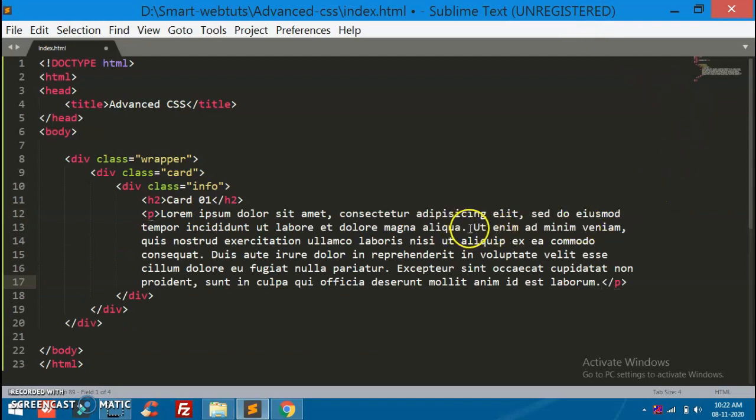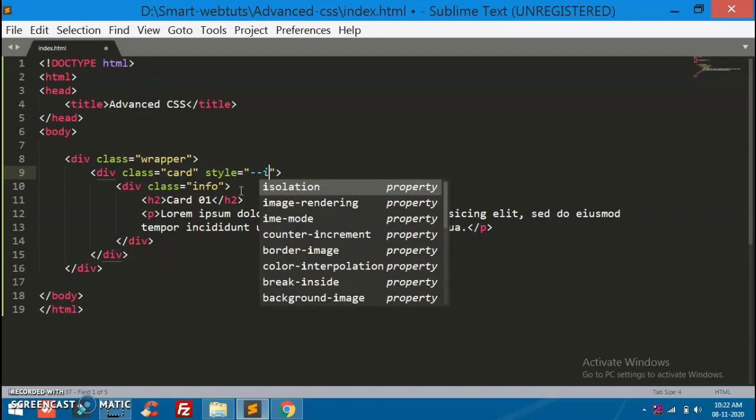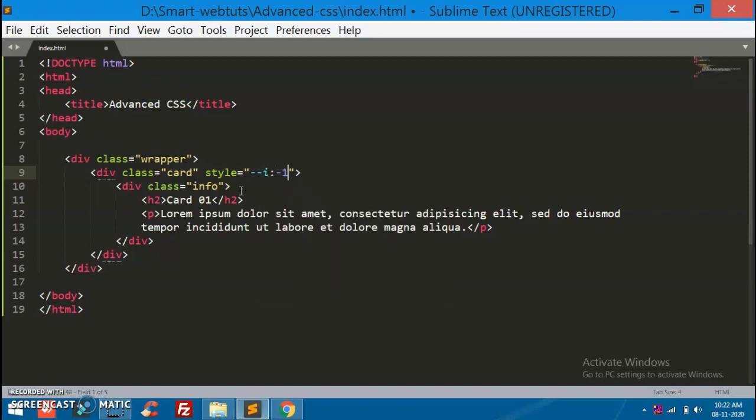And guys, I don't want too much unnecessary data, so I am removing it and adding one variable in the card, which is named i and value is -1, and the same for one more variable,